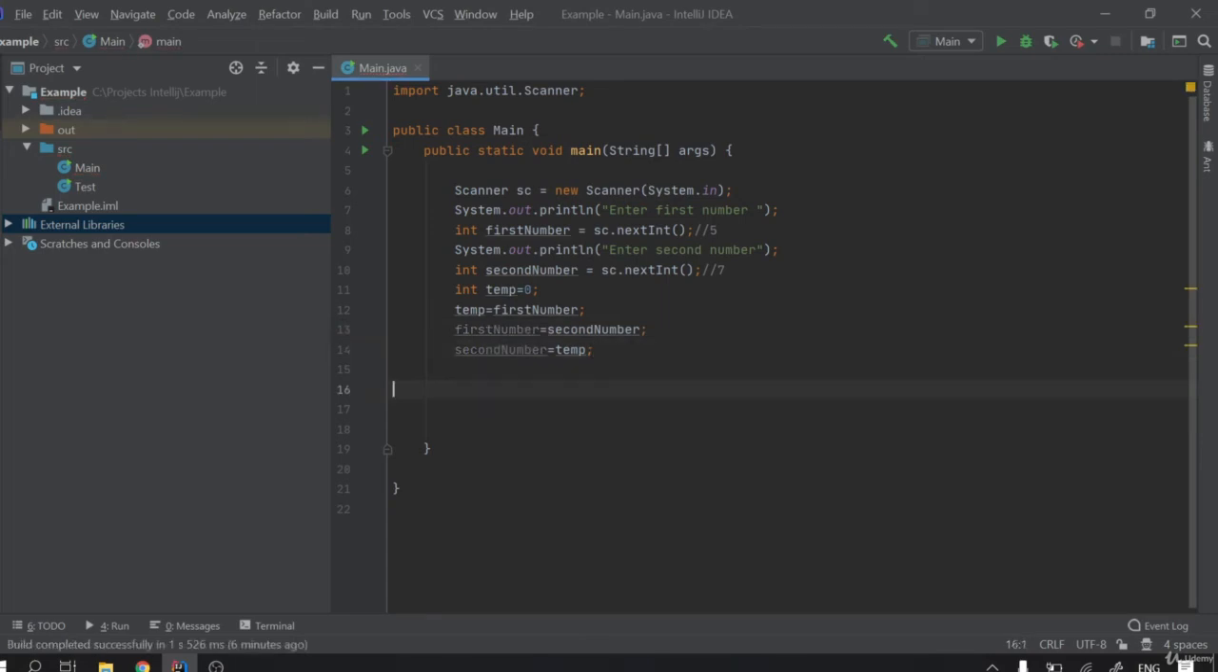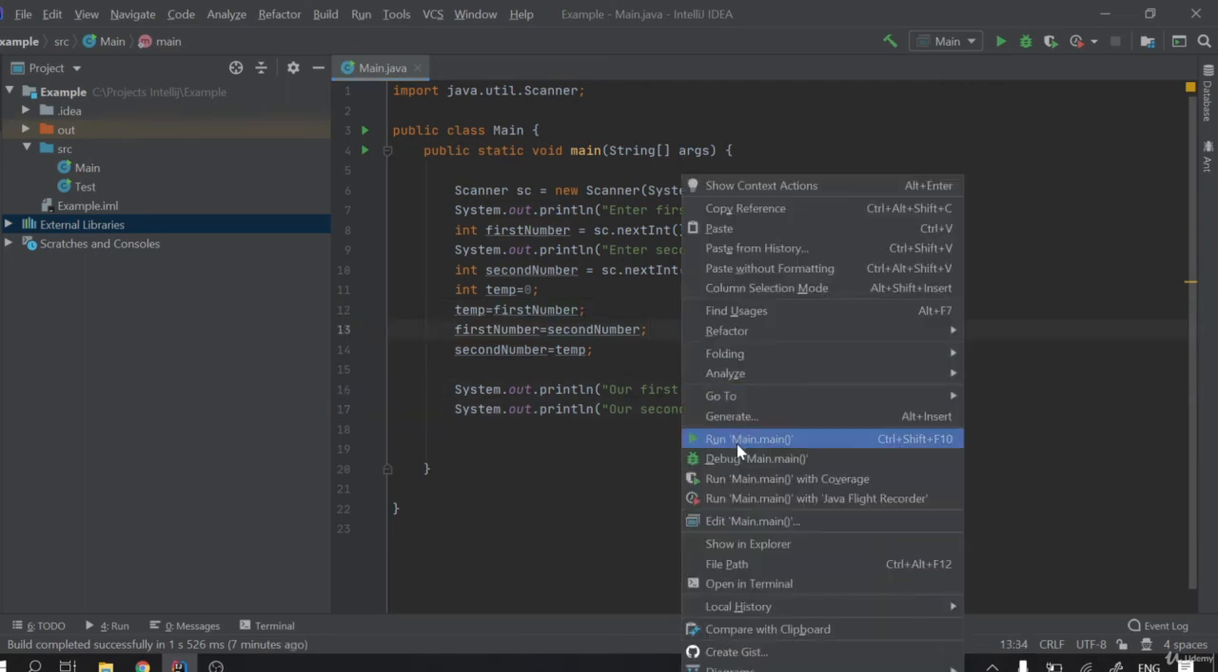So let's write this SOUT. Our first number is, let's write first number like this, and here let's write our second number is, second number. You can see first number is first number and second number is second number, and let's run this